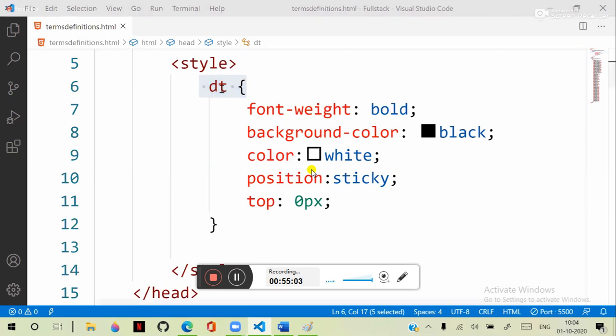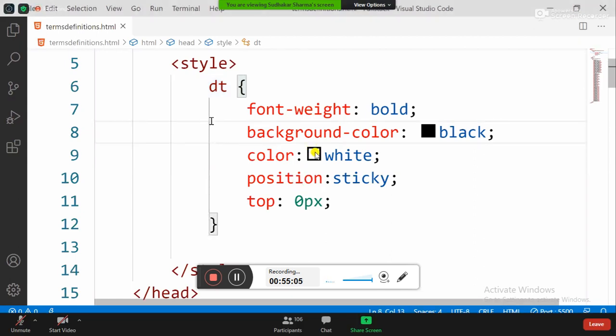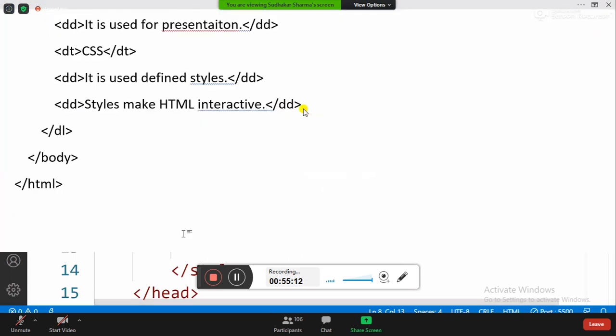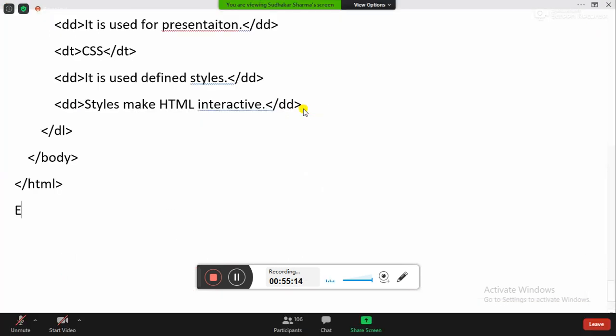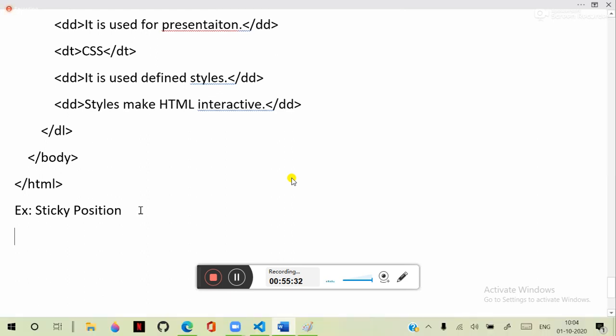Right. So that is technically how we can manage and deal with the presentations. That is data terms and data definitions. This is another example for handling the terms and definitions. So let's see, this is an example that is sticky position, right? So the terms and definitions